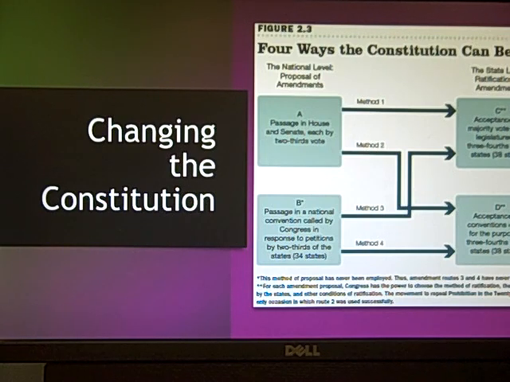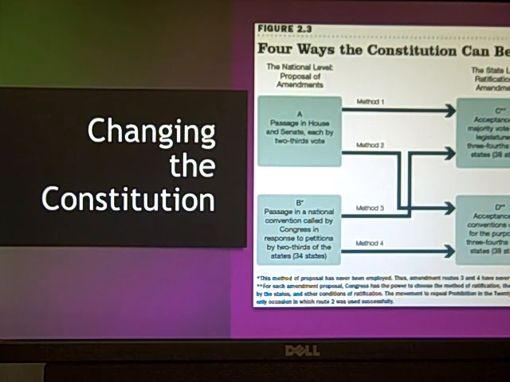There are 4 ways to do that, right? So basically, it can start in Congress, or it can start in a national convention, and then it must go either to state legislatures or to state conventions in order to get ratified. That's the term, right? Ratification is where it becomes an actual part of the Constitution. Just so you understand, we go A to C. On that little chart right there is method 1. 26 of the 27 amendments to the Constitution are method 1. We will never ever use methods 3 and 4.